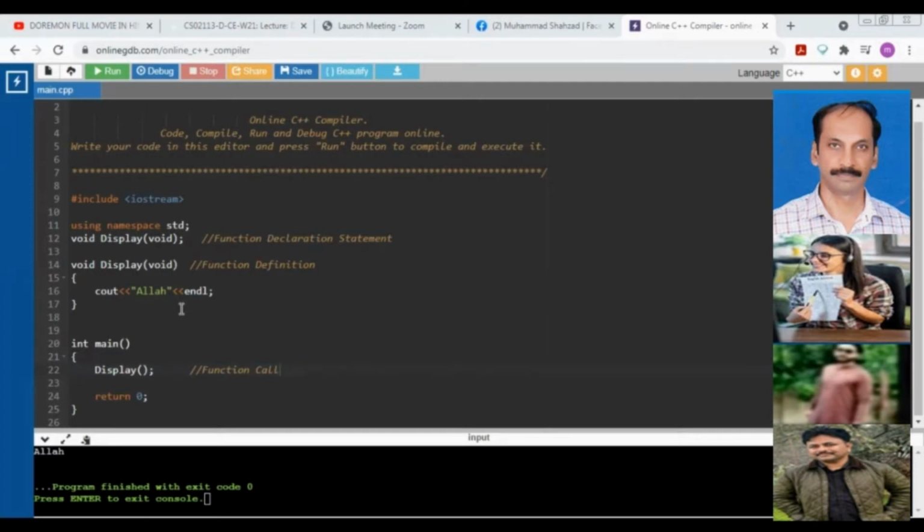Now, for all of my students, I do tell you the whole story of the execution of a program. When a program consists of a function over there, what will happen over there and how the program will be executed over there. Mr. Sami, are you ready over there?